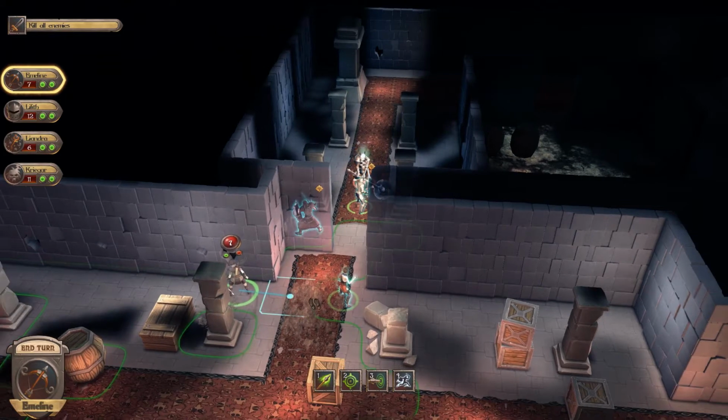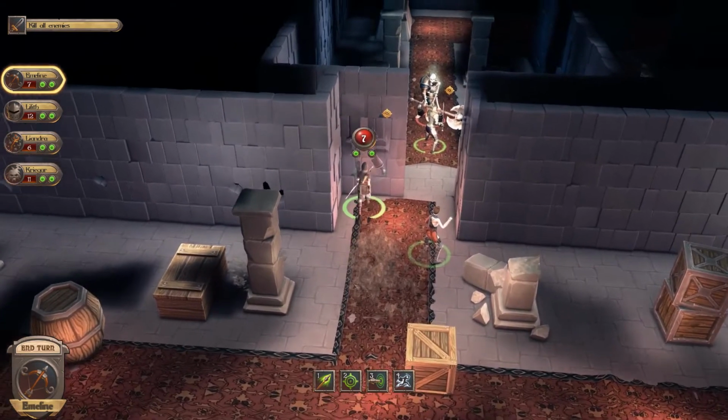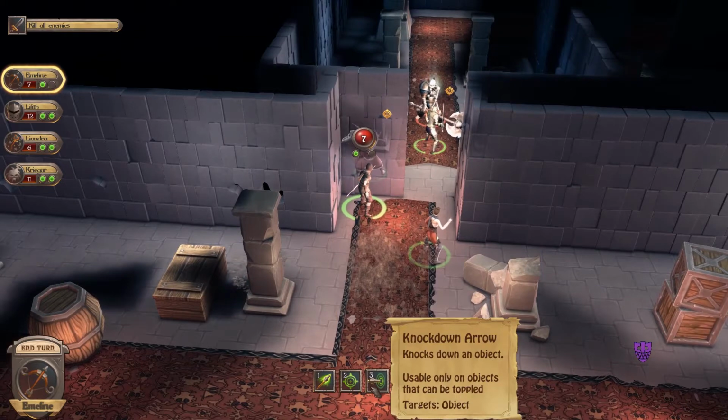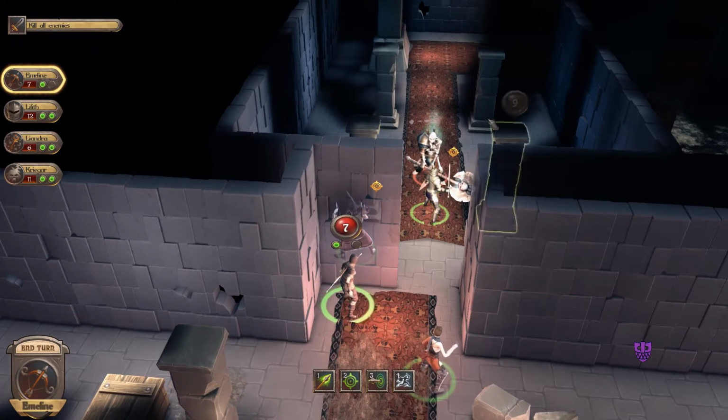Okay, here we go. See that little glow over them? That does tell me that I have vision on them. So from here I don't have vision on them, but from here I do. So ranger guy will use knockdown arrow. Targets object. Oh, that's weird. So knockdown arrow can only target...